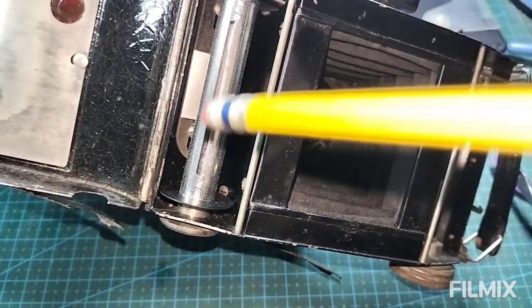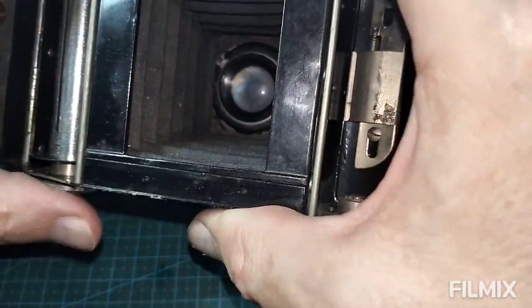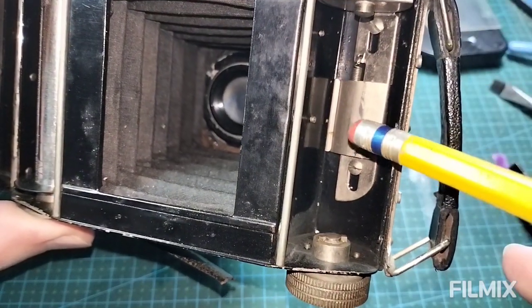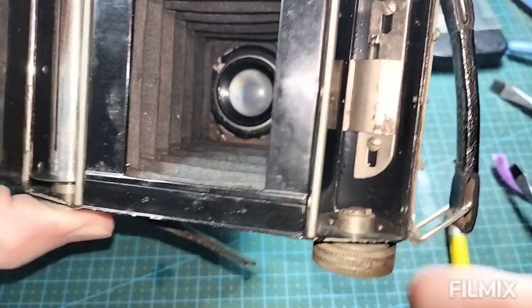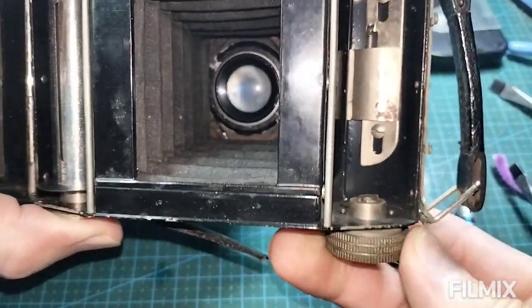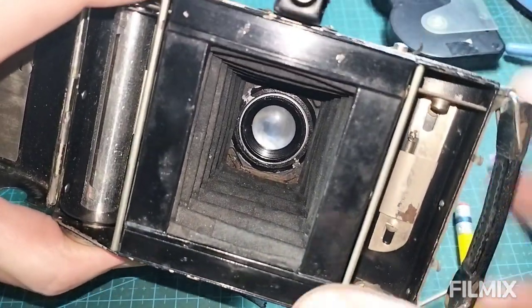Film sticks in here if you don't know. Stretch it across. I'll have to get another, probably a 3D printed spool, put it here and to advance the film over. But at any rate,